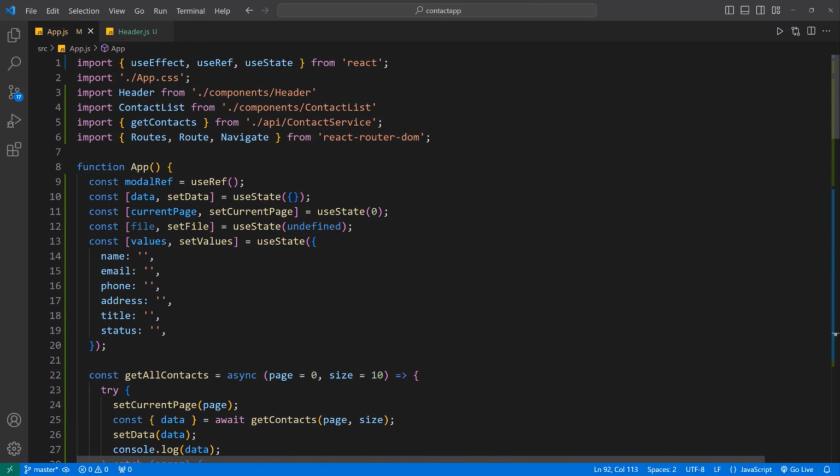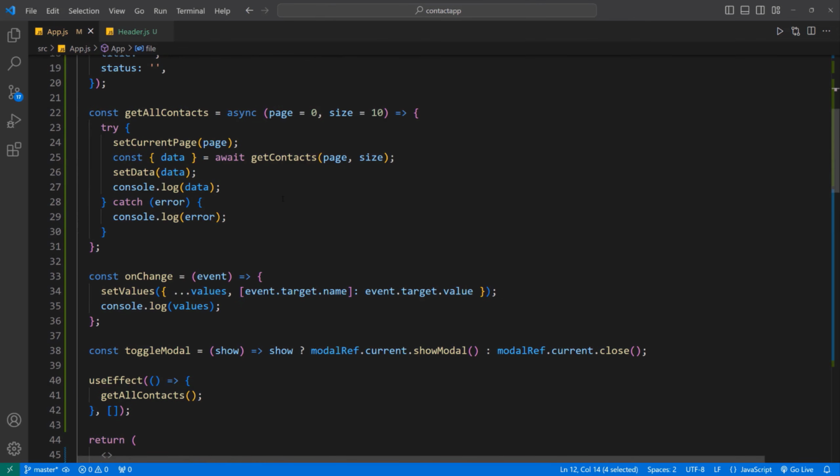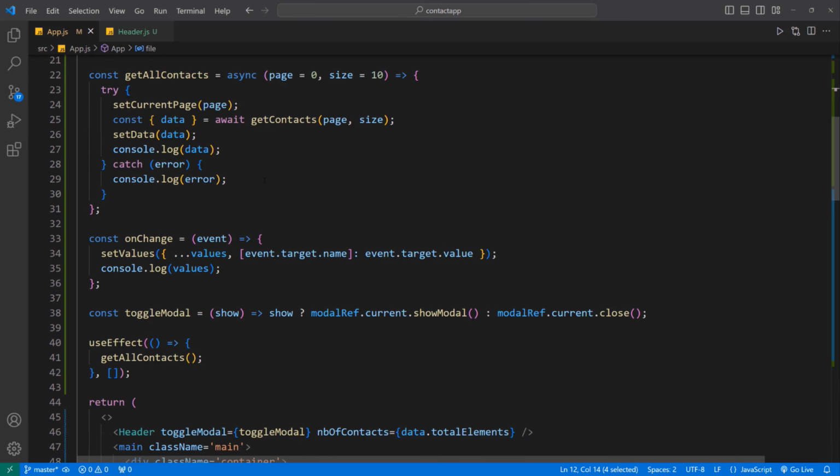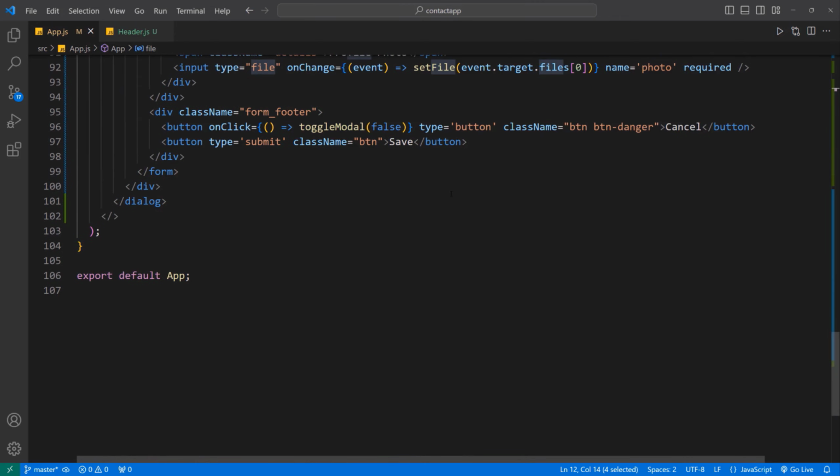So this file that we're defining here, we're going to have access to the file here, and then we can use it in a function down here whenever we need to update the file of the contact. So if you want to see this in action, what I can do is I can also set the